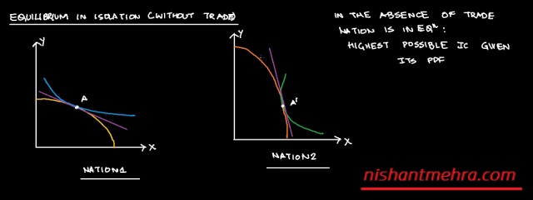Similarly, nation 2 is asking, is this the highest possible indifference curve? No, you can go still further. Is this the highest possible indifference curve? No, you can go still further. Given the PPF, the nation actually reaches the highest possible indifference curve. For nation 1, it reaches at point A, and nation 2 reaches at point A dash. And this occurs particularly at a point